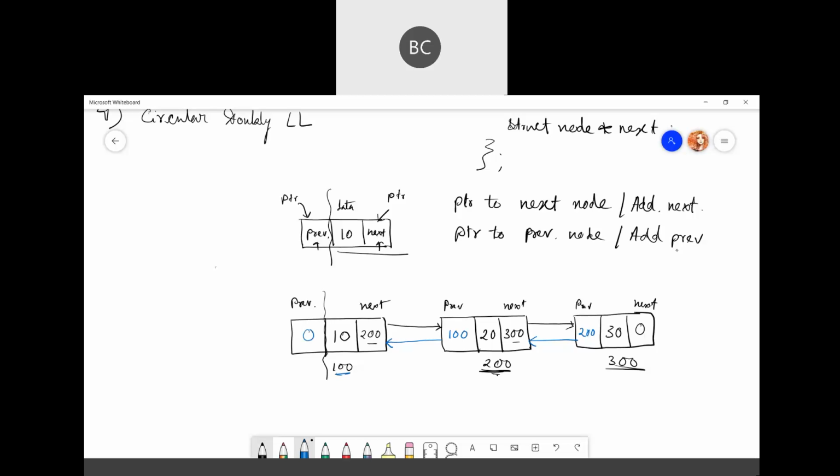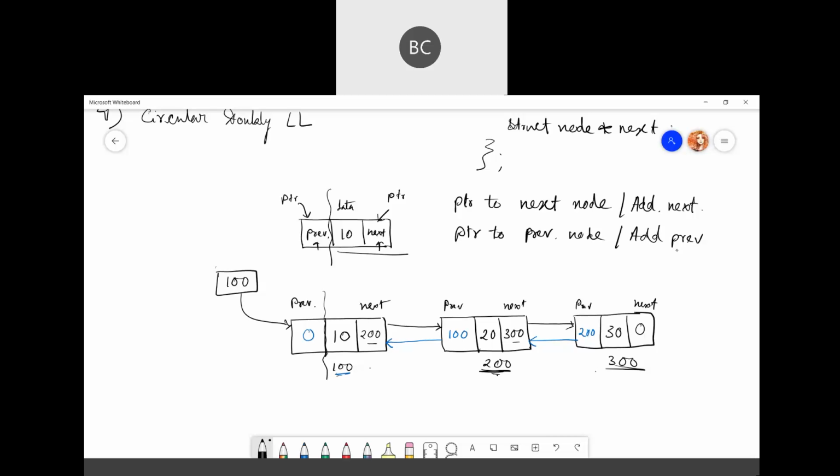Then we have a header, like always, to hold the address of the first node, which is 100. That's your doubly linked list. It holds the address of both the previous node and the next node.